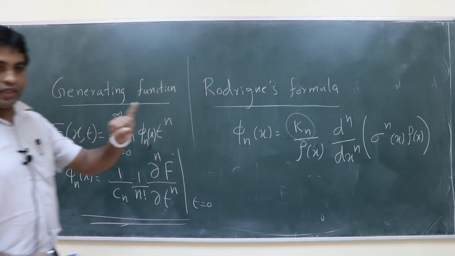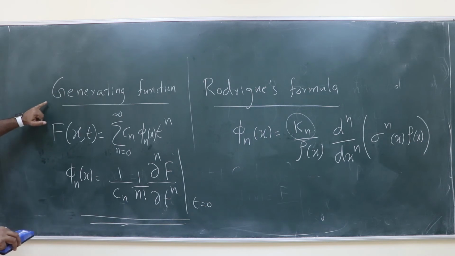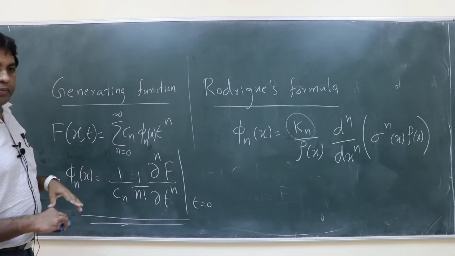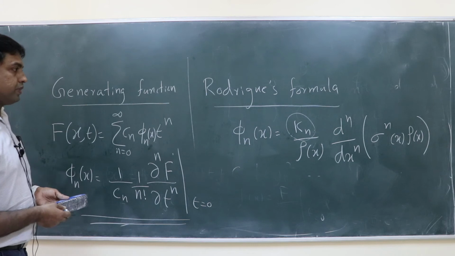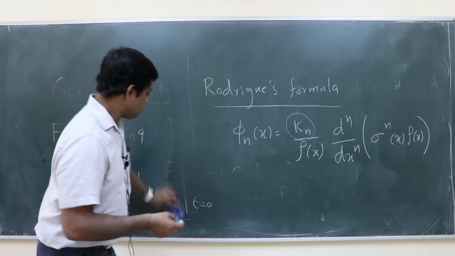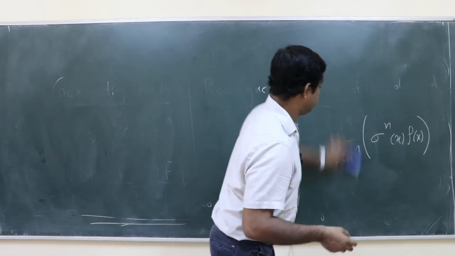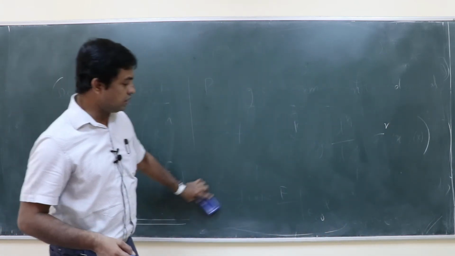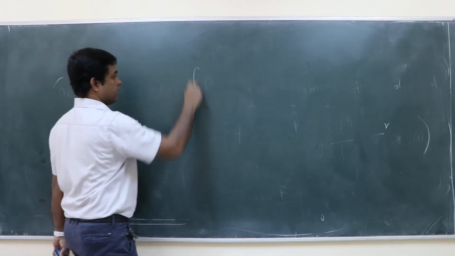Okay, so now you have three methods. One is the Rodrigues formula, second is the generating function. The first one is whatever I said, that matrix which contains the moments of x to the power s. Now let us look at the next one. Next is the orthogonality relation, right? If I have the orthogonality relation, that is